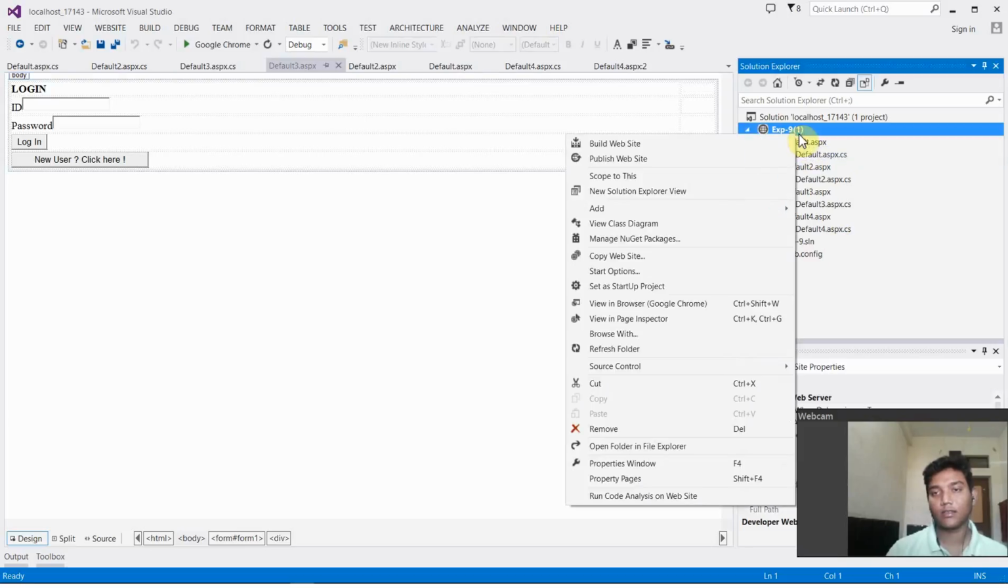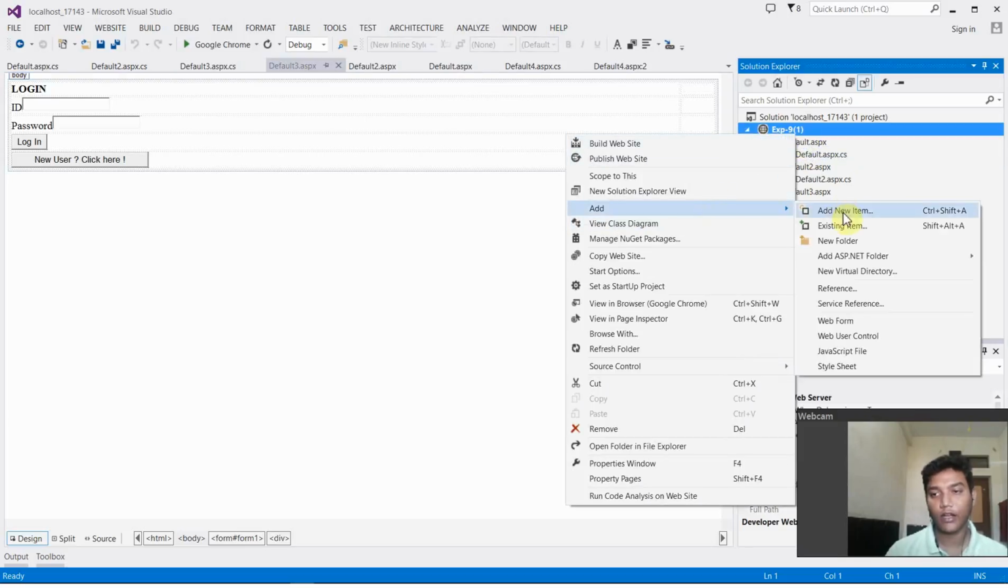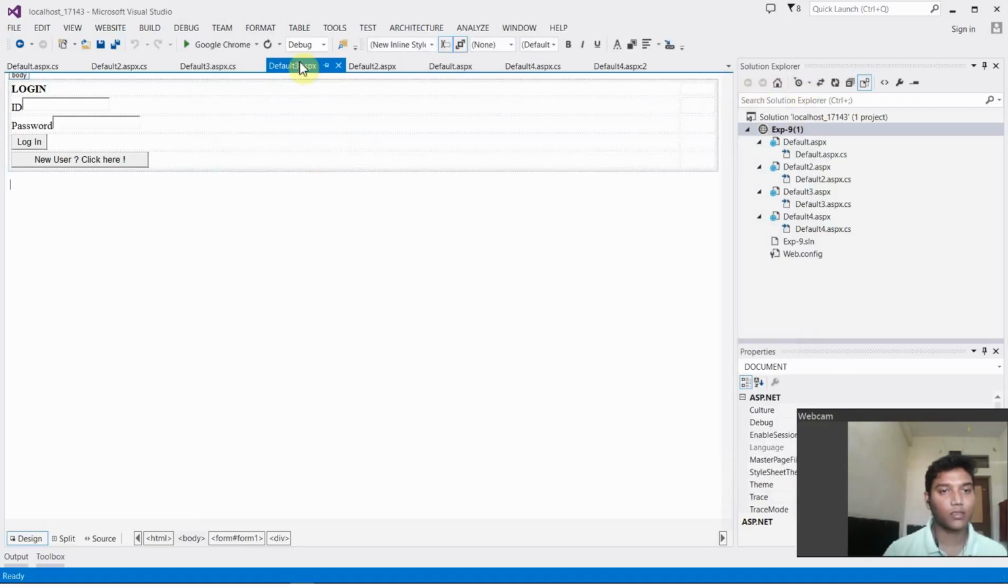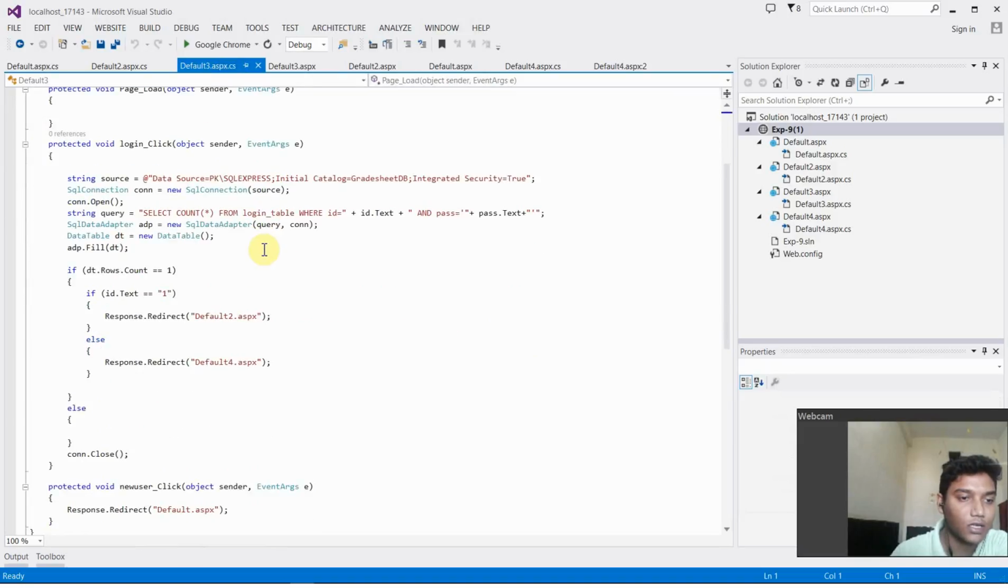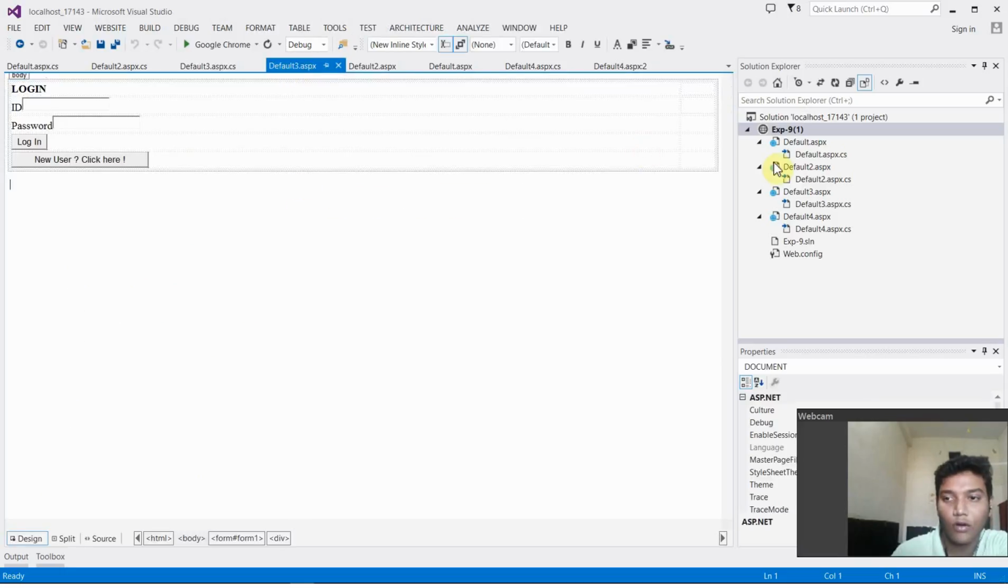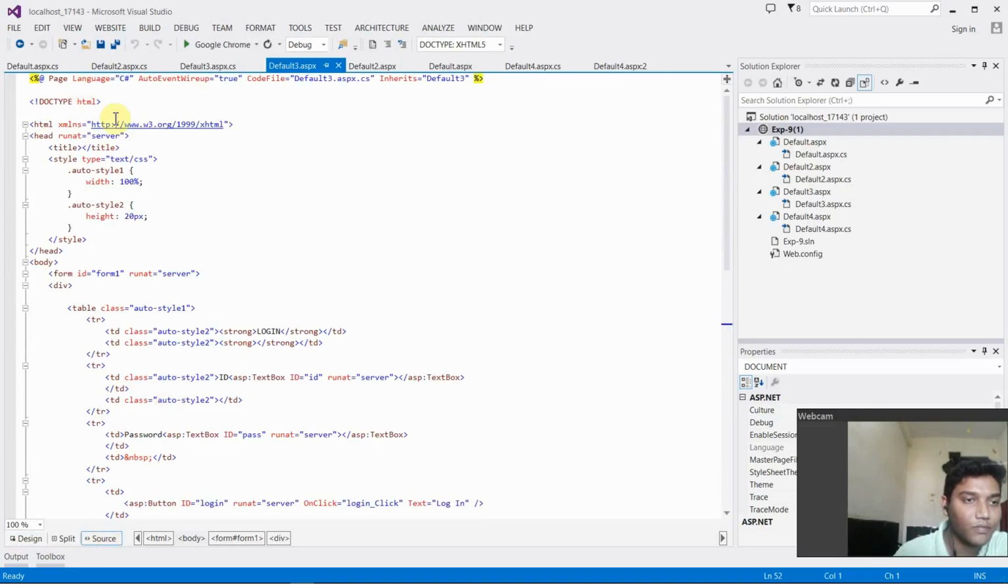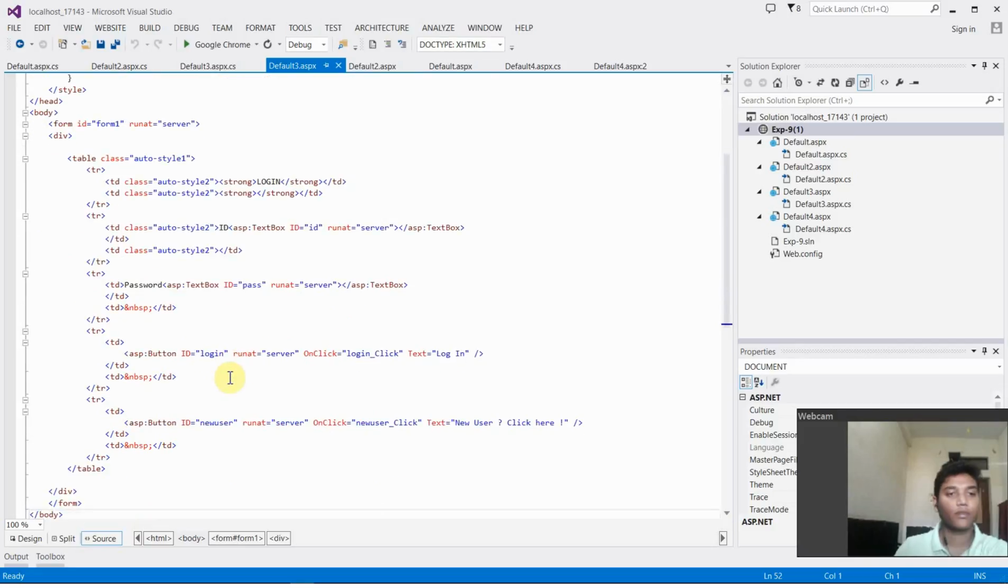Right click this and add a new item, and add a web form. When you add a web form, you will get a page known as web form name dot aspx, and the function of those will be in C sharp, in aspx dot cs. In aspx there will always be a default aspx page. In this aspx you have a source code, similar to an HTML file, where you can simply